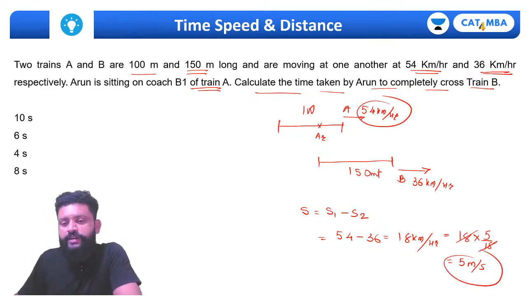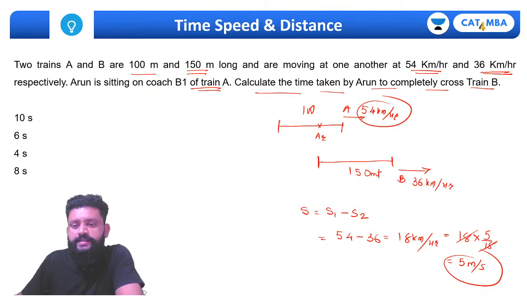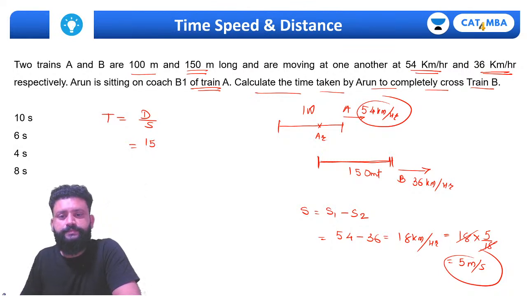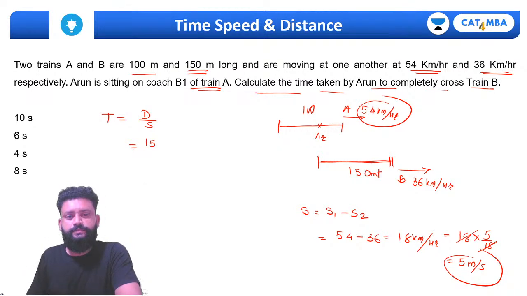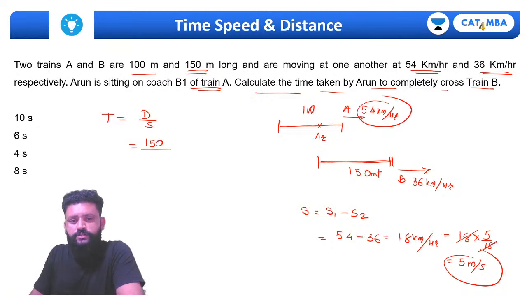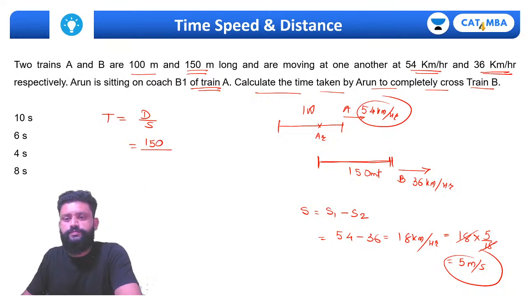That's the relative speed, and we know the distance of this train is 150 meters. So we know time is distance over speed. So Arun needs to travel 150 distance with the speed of